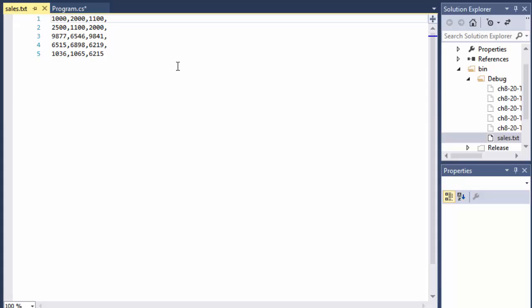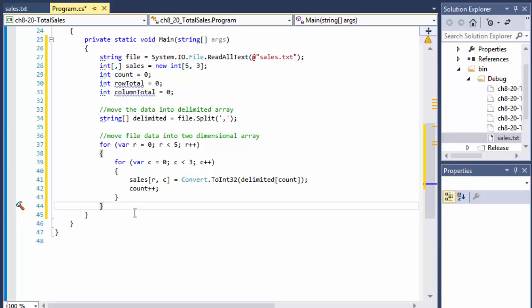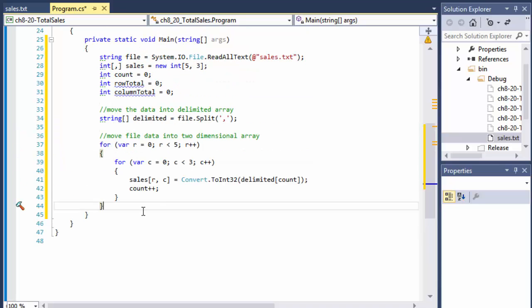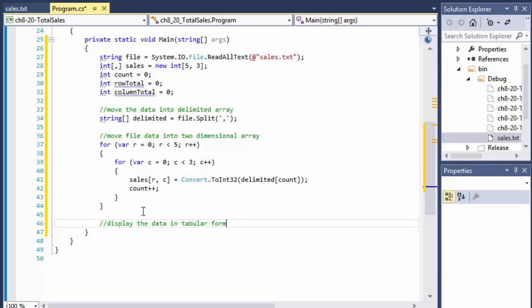Alright, so let me reverse that because this is our text file that we'll need. So now this is actually populating our array, and we can actually do something like, you know what, I'm not going to show you how that actually works, because I'm going to show you first how to populate the tabular array, or how to display it in tabular format. And so I'm going to display the data in tabular format with totals